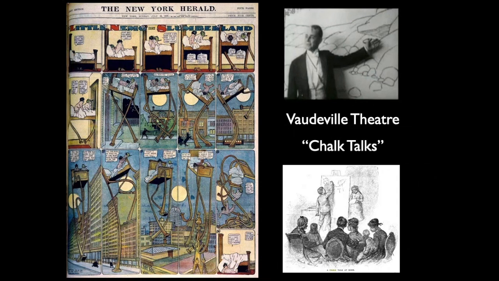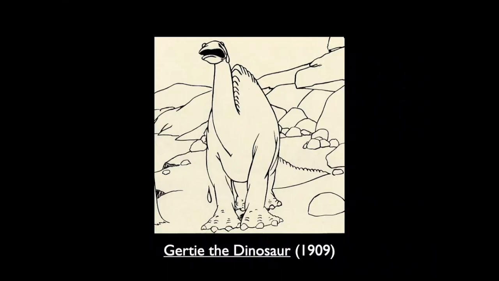And what Winsor McCay did were these chalk talks, where you would get up there with a blank page and with just a brush and ink, he could quickly draw anything. I mean, literally anything. He could take his characters and show them in any kind of way. Or someone would come up and he could do a quick caricature of them. One of the ways he wanted to employ this further, these chalk talks, as they were called, was that he wanted to have something, so it wasn't him drawing all the time. He began to create this animated feature, and that he would project the animated feature, and then he would interact